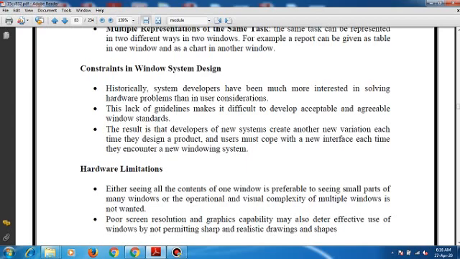That is another problem we face, and that reduces system usability. The next one, we have poor screen resolution, and the graphic capability may also deter effective use of Windows by not permitting sharp as well as realistic drawings and shapes.